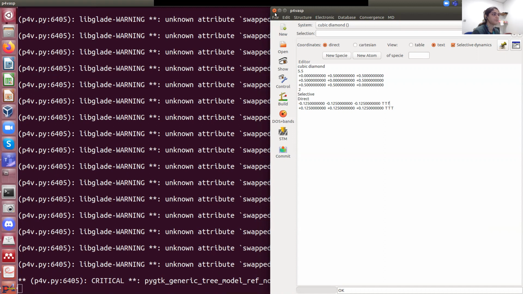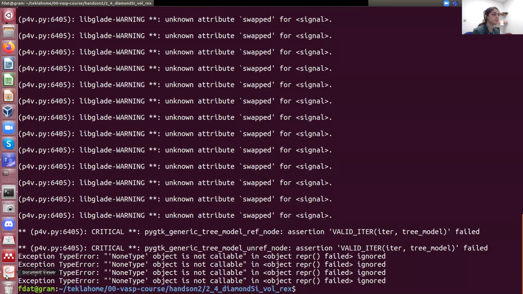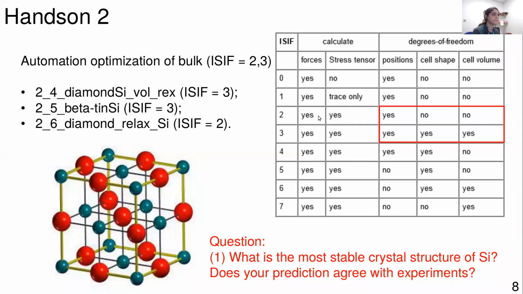In this case, it's not important because you are forcing it to be true by putting ECIF. But if you don't put ECIF, you need to make sure that there are some T in the POSCAR, because otherwise your system will not move. Even if you tell it to optimize everything, the system after one ionic step will stop, because it will tell you, I have nothing to optimize because I cannot move anything, okay?